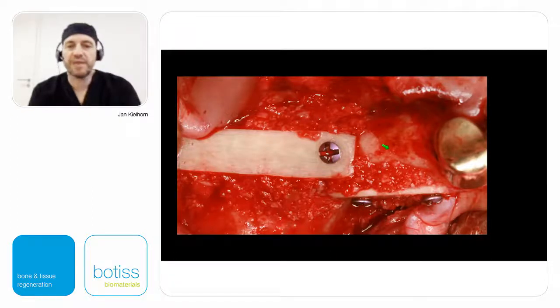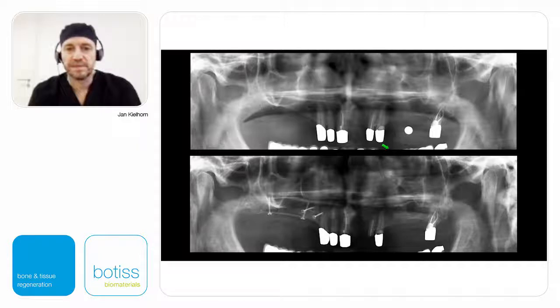Then again, we fill that with allograft spongy particles and mix with venous blood or with PRF. In the standard procedure where we use just venous blood, we put a PRF membrane on top, after which we cover that with the pericard membrane, as we mentioned in the last case. So this, of course, will heal in 6 months. You see, we had to do some augmentation here vertically